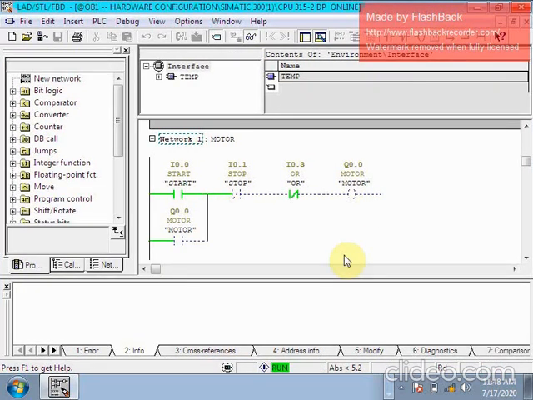So from this logic we understand that for our output motor to be on, the I 0.0 start command should come, the stop command should not come, and the thermal overload relay should not come, then our motor will become high and it will run. So we have latched the motor from here, so that it will run continuously once the start command comes.